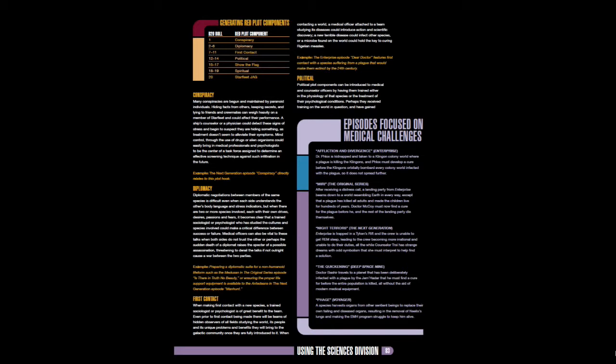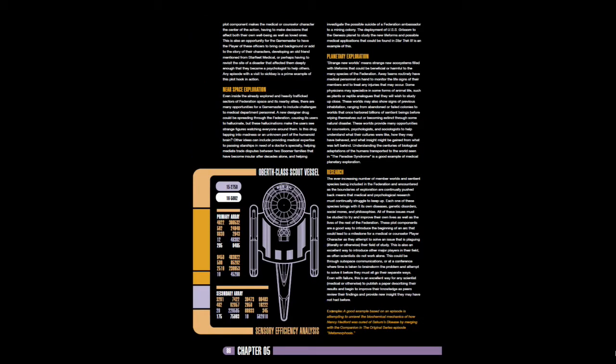Plot devices. Episodes focus on medical character challenges. There's quite a few in Next Gen, there's quite a few in Voyager, there's quite a few in Star Trek itself. About Time, that was based on things. So there we have the USS Grissom, which is an Oberth class scout vessel, but the most famous one of those was the USS Grissom, which was seen at the beginning of Star Trek